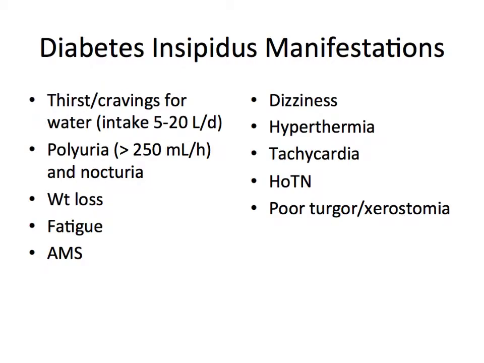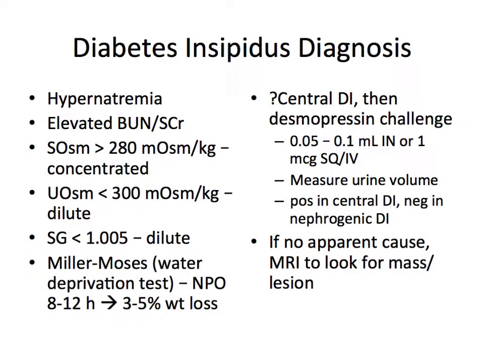The manifestations of diabetes insipidus include the following: thirst or cravings for water, with an intake often between 5 and 20 liters per day; polyuria, with greater than 250 milliliters per hour output; and nocturia; weight loss, fatigue, altered mental status, dizziness, hyperthermia, tachycardia, hypotension, and poor turgor or xerostomia. In terms of diagnosis of diabetes insipidus, these patients will be hypernatremic, and have an elevated BUN and creatinine. The serum osmolality will be high, indicating concentration, and the urine osmolality as well as specific gravity will be low,